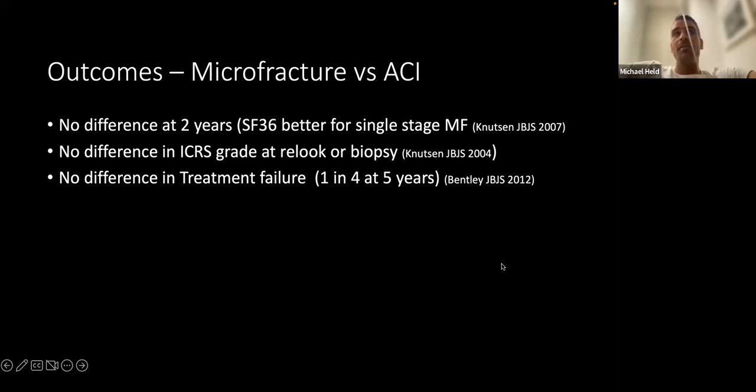So at the moment, randomized controlled trials are very few, and there's not a huge difference. But I tell you, when you look at the cartilage after an ACI, it looks very much the same as the cartilage that is healthy, and almost even shinier and better. But it's obviously subjective from a few cases that I've seen. It is amazing to really feel the cartilage feeling very, very similar, but apparently it doesn't translate in these bigger